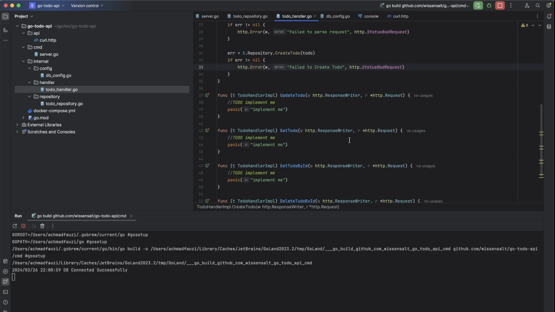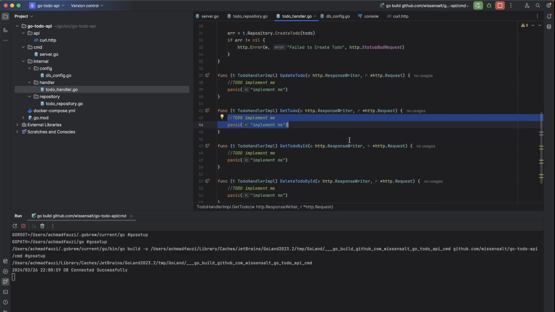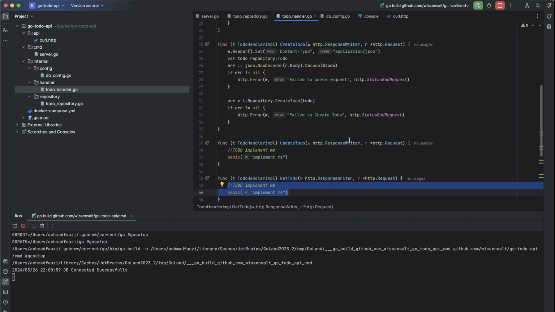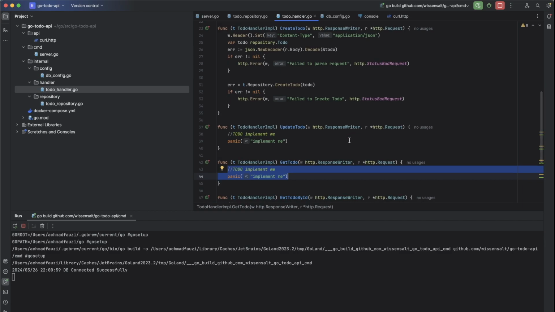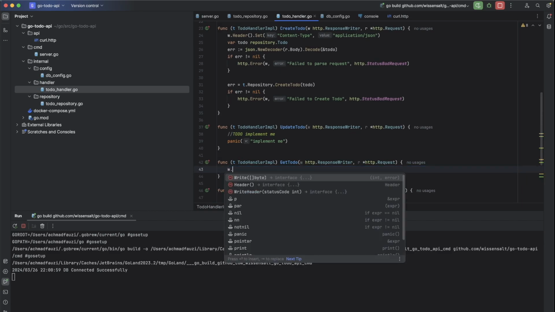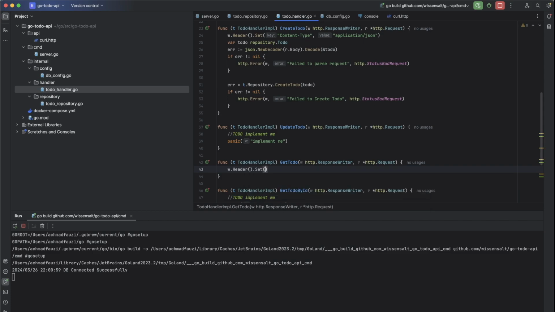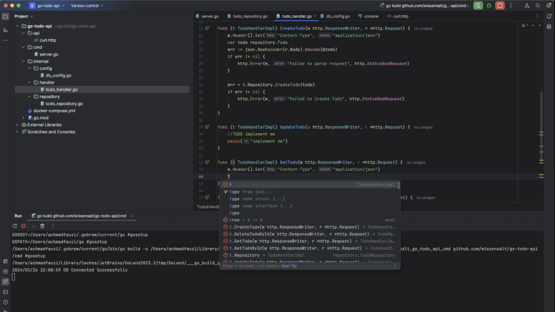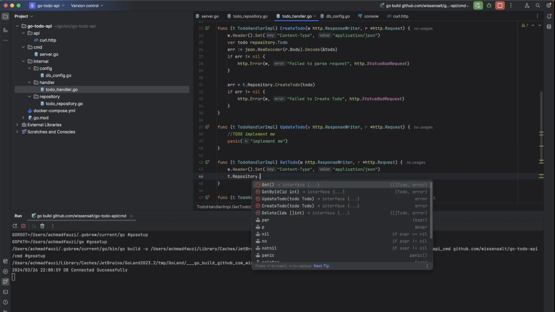And then the next, we will get the list of to dos. For this request, let's just set the header first. Header.set content type equals to application/json, and then we will call the repository dot get.